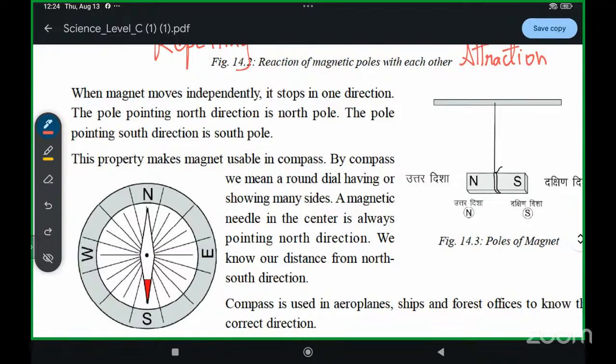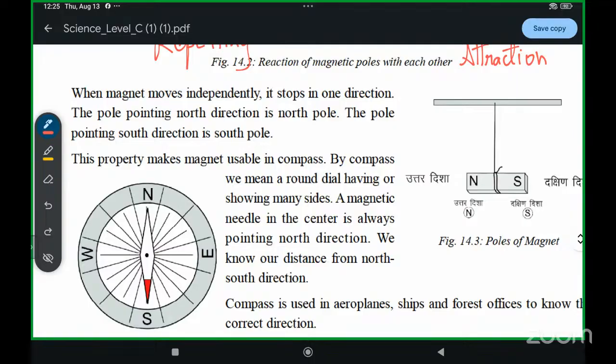The Earth will act as a natural giant magnet, because our Earth itself has a magnetic field. And when we bring this compass to that magnetic field, because the compass needle is a magnet,